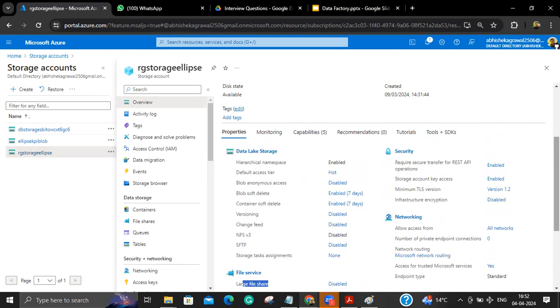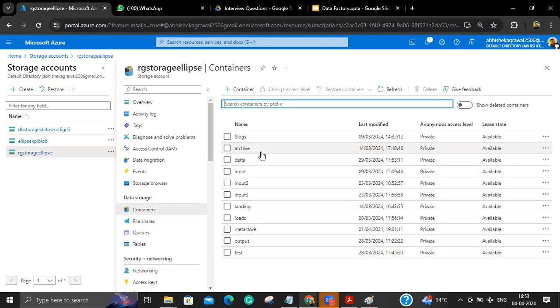Okay. And also it's very, very important to understand the difference between a data lake storage and a blob storage. Very important from the interview perspective as well as the job perspective, right? Very favorite interview question. Okay, so in today's class, this is the most important question we should understand. So what is data lake gen 2 and what is blob storage? If I open data lake storage,